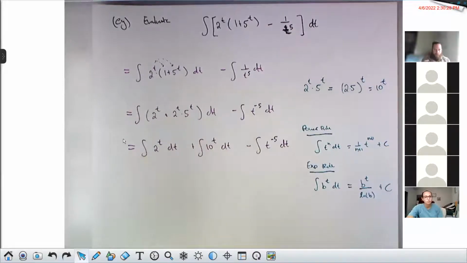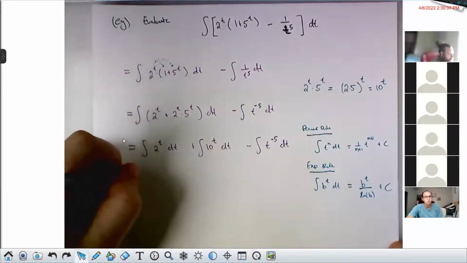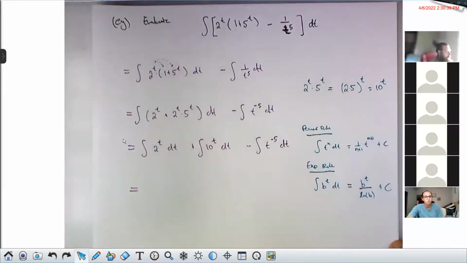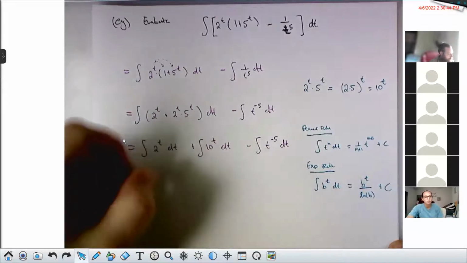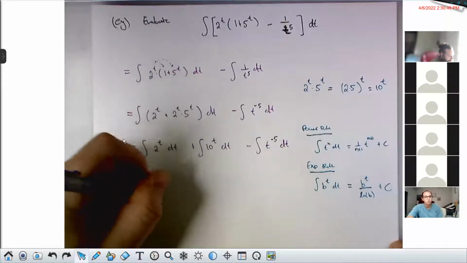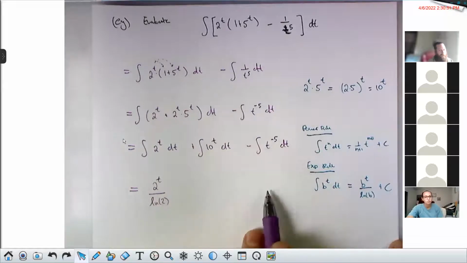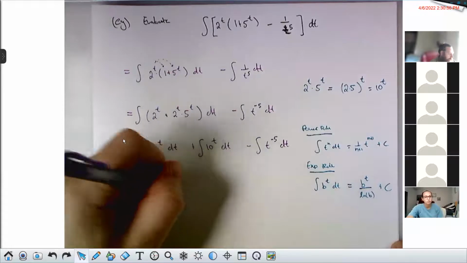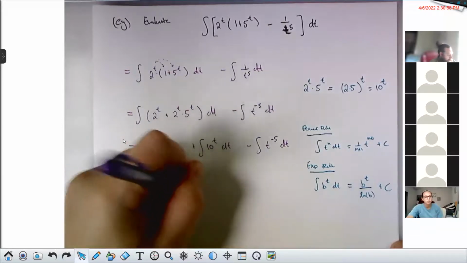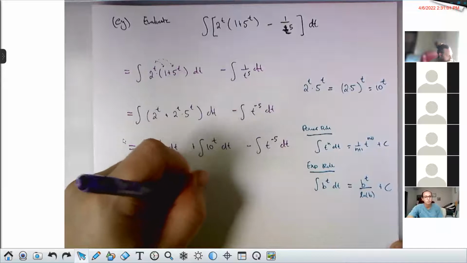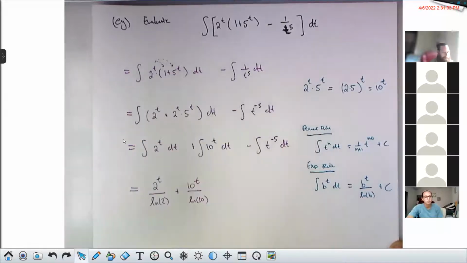And we can think about why that's true. But first, let's go ahead and write down the result. So if we trust the recipes on the page here, these two are both exponential rules, and this guy is a power rule. So this will give me 2 to the t divided by the natural log of 2. I'm not going to write all the little c's. I'll just write the one c at the end, and it's okay for you to do that also. Plus integral of 10 to the t following the same rule will be 10 to the t divided by the natural log of 10